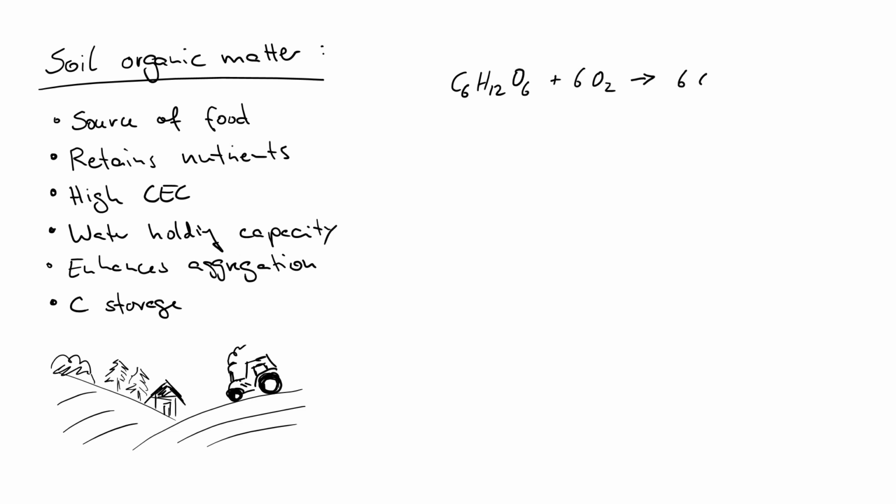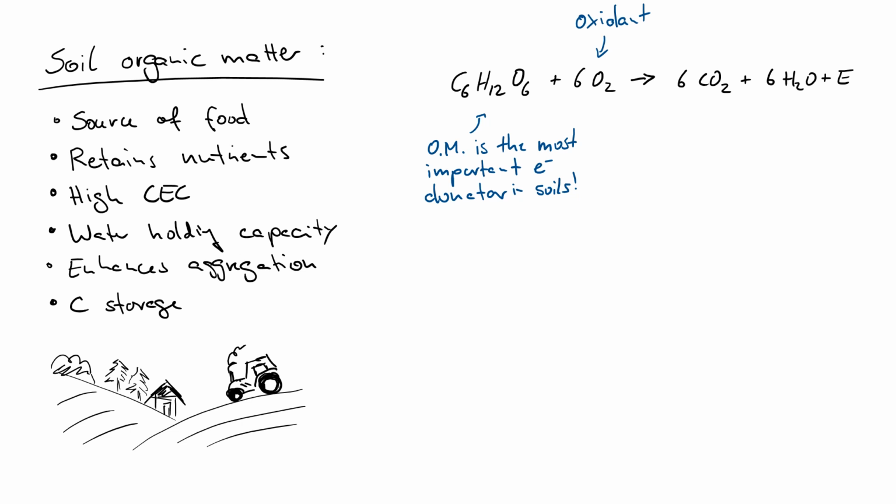So the organic matter in soils comes about because we have the incorporation, decomposition, and breakdown of large organic molecules into simpler compounds, where we take compounds such as our simple glucose here and we're oxidizing them to produce carbon dioxide, water, and releasing energy in the process. So what happens is that we use oxygen or some other electron acceptor, and we have a carbon compound. And soil organic matter as a carbon compound is the most important electron donor in soils that provides energy for